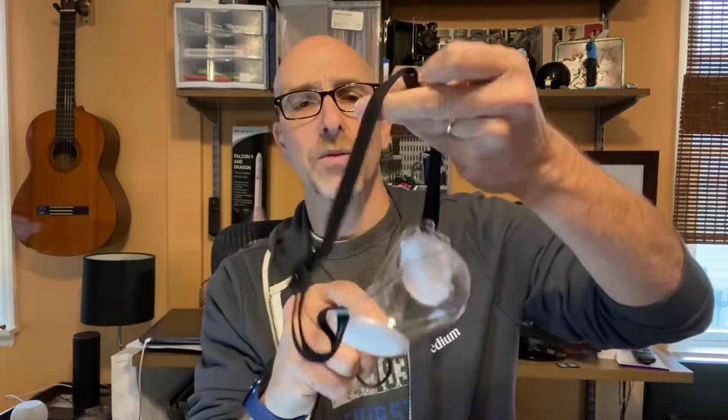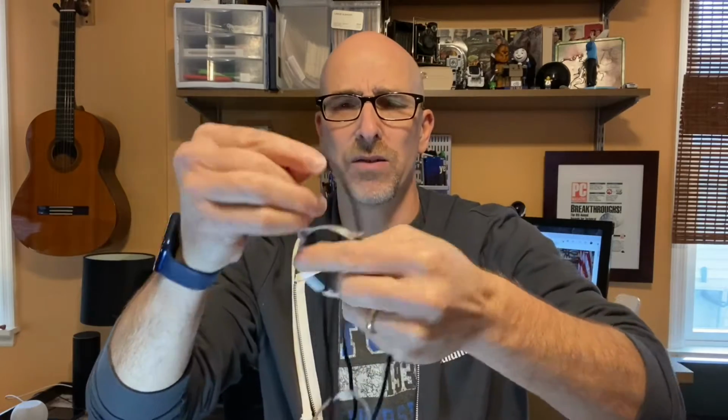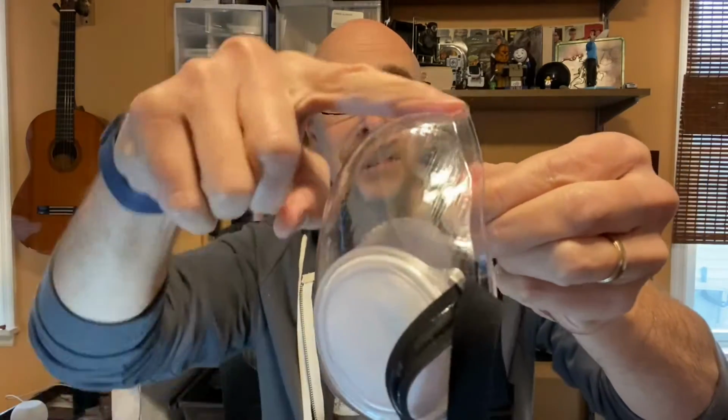So from what I can tell, you have two options. You get this kind of strap, which might be a little bit more secure, and then you also get this kind of strap, which looks like it might just go around your ears. I'm not even sure yet. I mean, here's the thing. I scanned my face without my glasses. This has been printed supposedly to match the contour of my face. I just want to point out I have a prominent nose, so